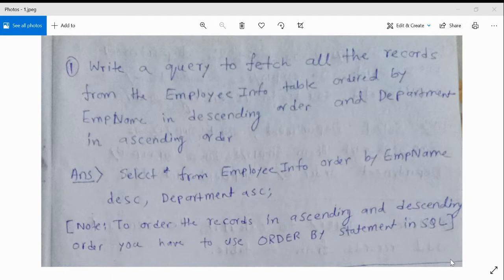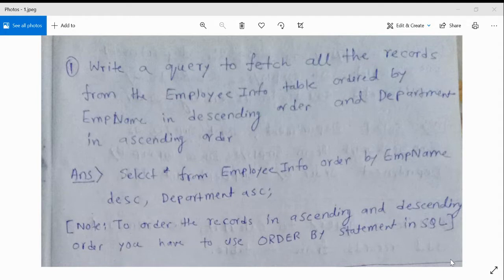This is the first video of the series of 100 SQL queries for interviews. This is helpful for interviews as well as university exams and GATE. So this is the first query. In this video, you will get the first 10 queries of this series. I will make 10 videos like this, and in each video there will be 10 queries, so in total there will be 100 queries for SQL. So let's start.